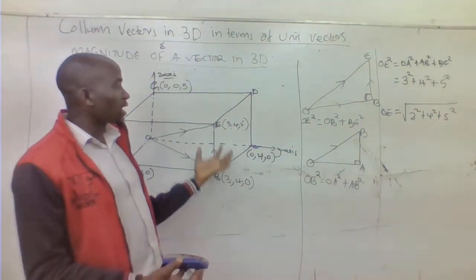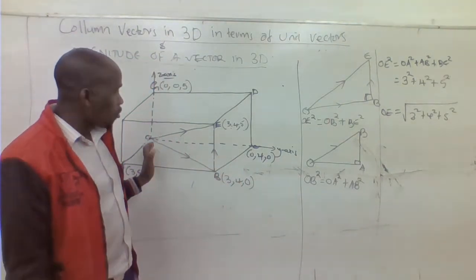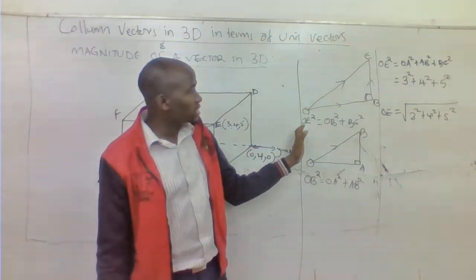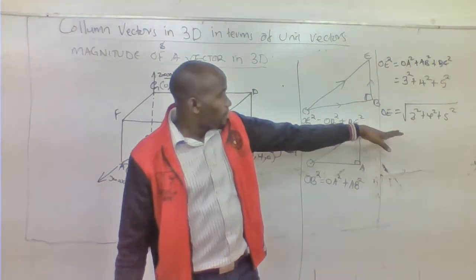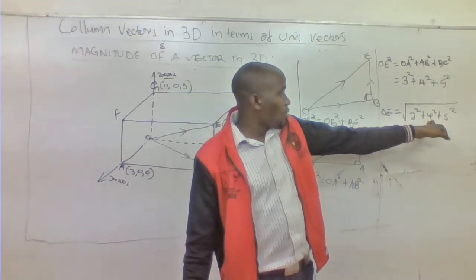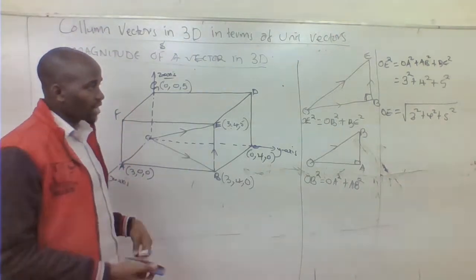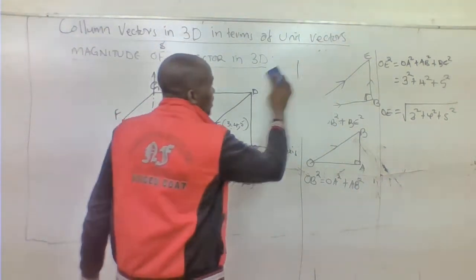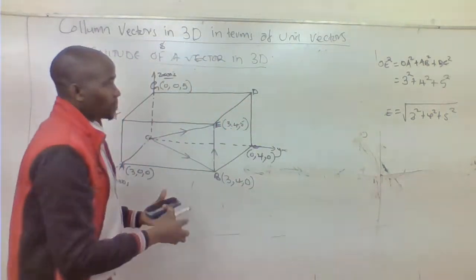Then we can calculate the magnitude directly, because we have seen that the length OE will be given by the displacement along the x-axis squared, plus the displacement along the y-axis squared, plus the displacement along the z-axis squared, then you find the square root. So maybe for clarity I'm saying this: given a general point,